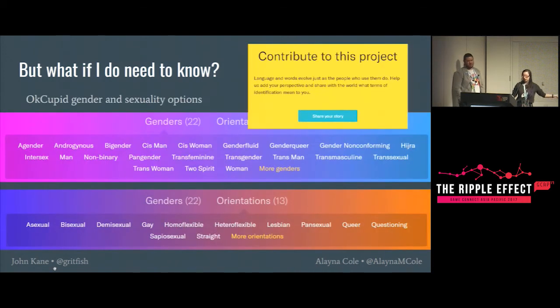Here is an example just from OkCupid, right? So it's probably not necessarily the best option, but it is a reasonably good option of someone who has tried to accommodate as many people as possible and also given their community the ability to actually contribute to the kind of project of figuring out what options to provide. There are a lot of things that happen on OkCupid that aren't okay, particularly coming from users a lot of the time.